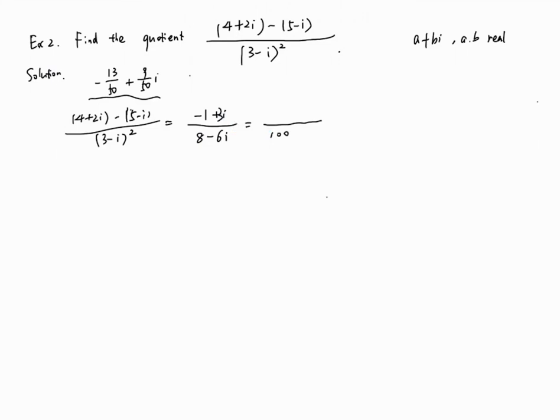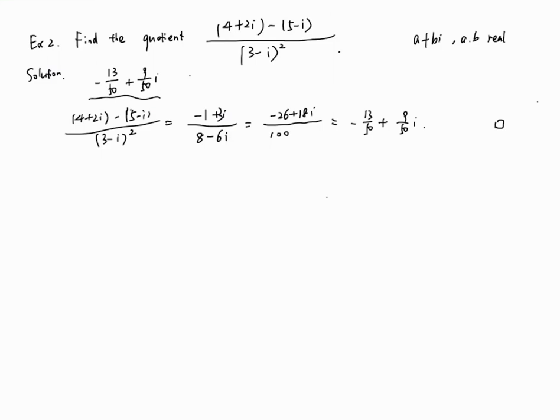Since the square of 8 is 64, plus 36, so it's 100. And in the numerator, it's this. Using our division law, then the final answer is this. Yes. Okay, so this is the solution for this exercise, the simple process here. And then we finish this